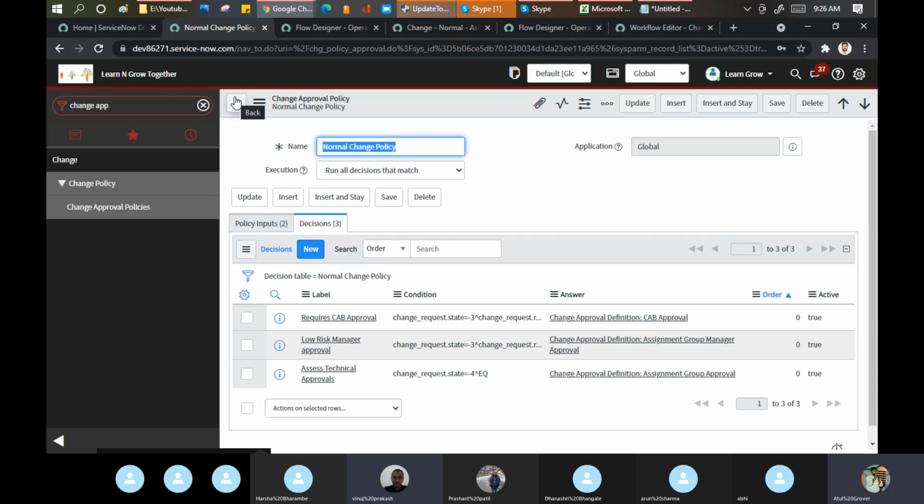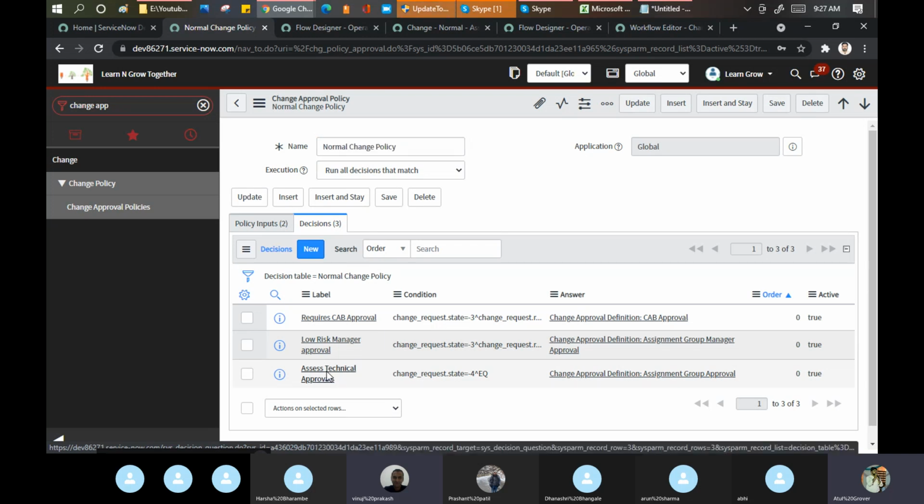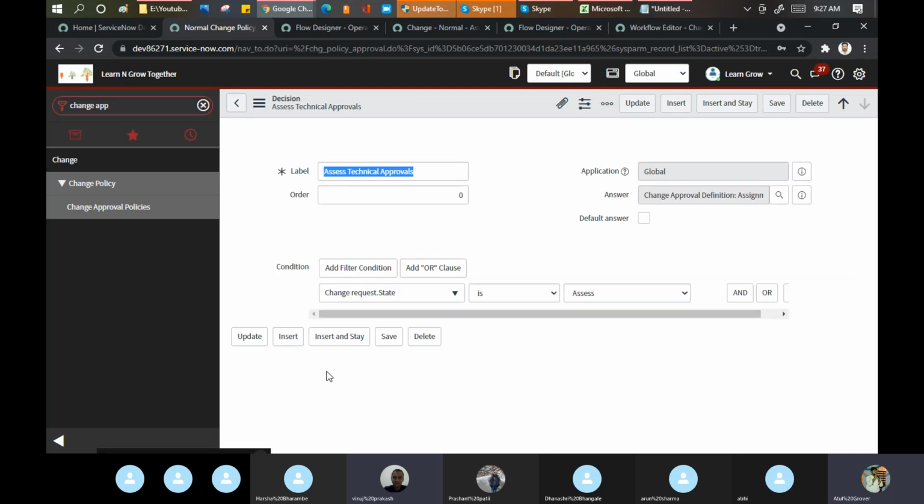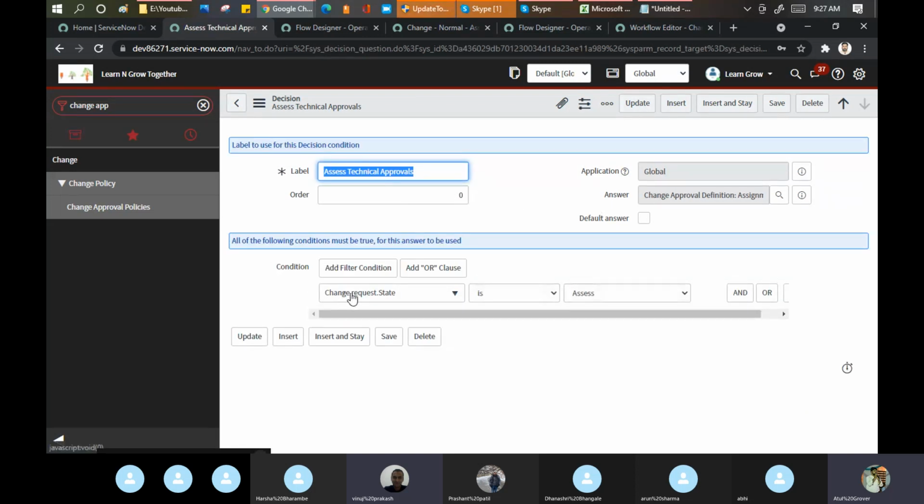Okay. And we know that multiple teams are working with me, and all the teams have their own mechanism of approval. I cannot configure those things in the workflow, but I can call those things in my workflow. So I have a change approval policy which I created, and I defined one step, assess technical approval. It says when this approval should be triggered: when the change request state is assessed, to whom it should go. It should go to this